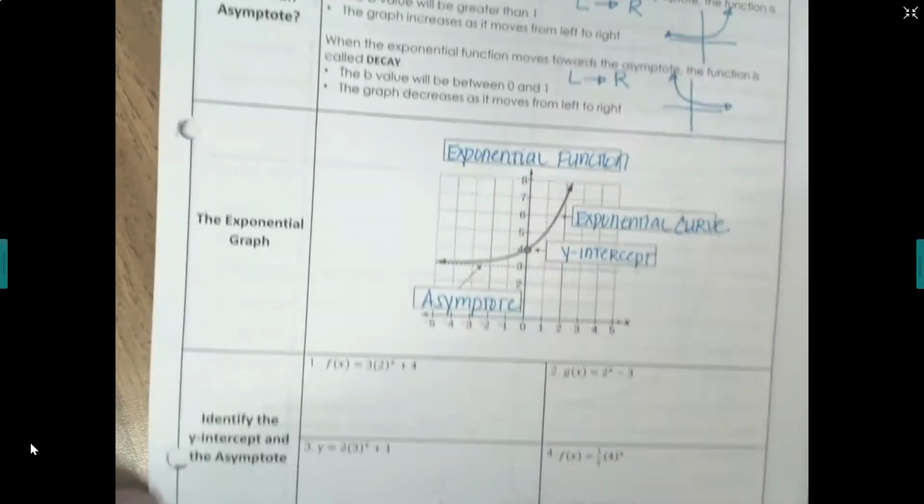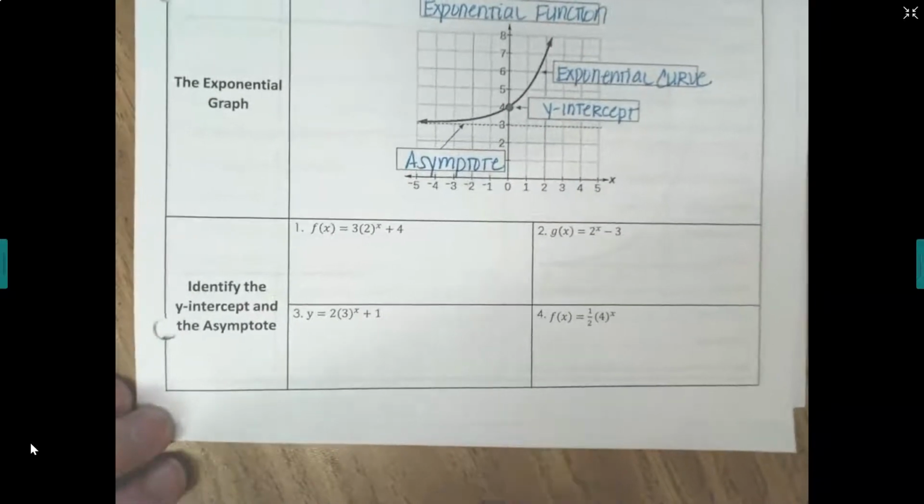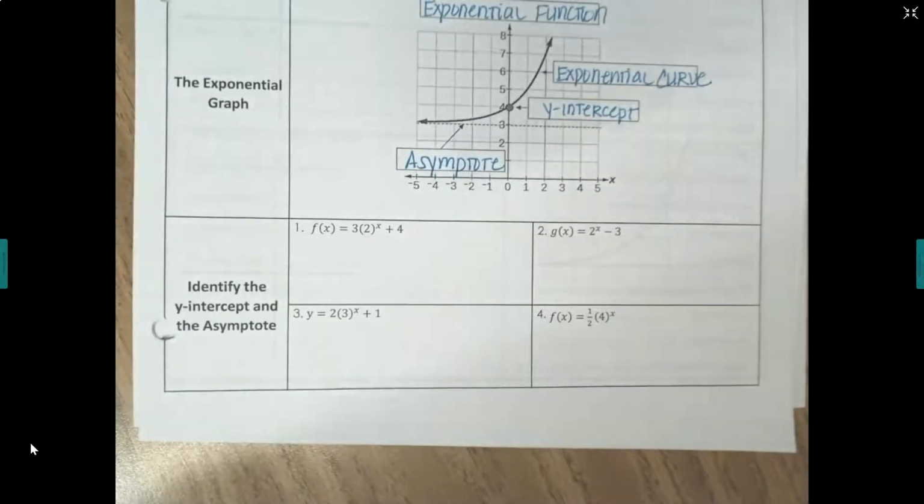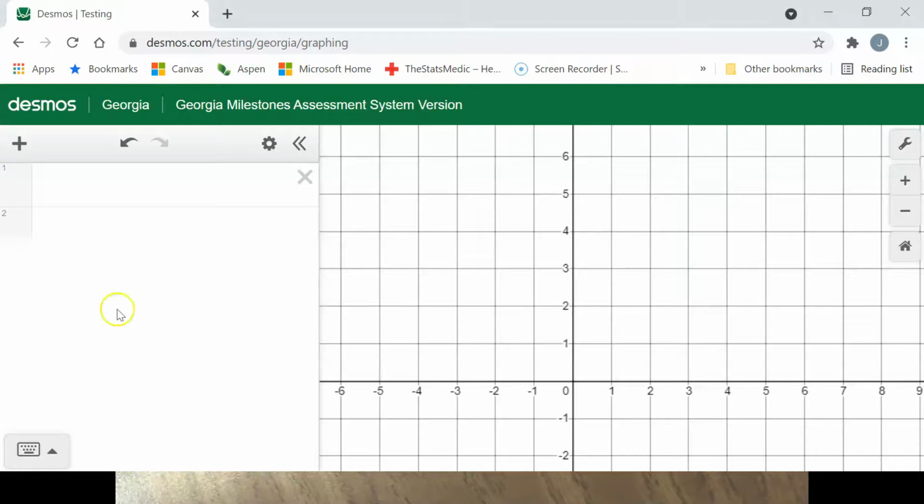Okay, so first we're going to try these problems. We're going to need Desmos, so pause the video and pull Desmos out and come back when you're ready. All right, so I have some equations here. We're going to put these equations into Desmos. So let me open up Desmos, and my first equation